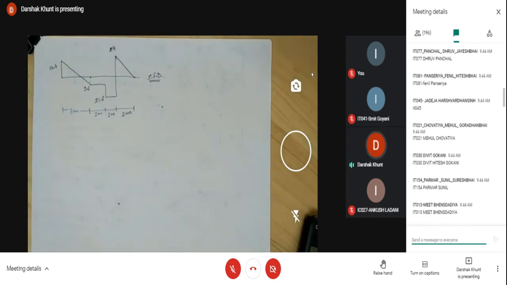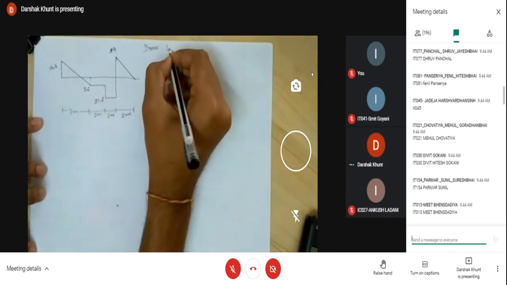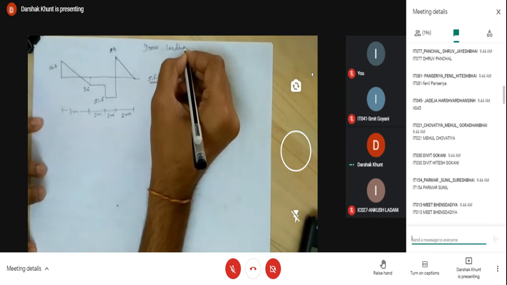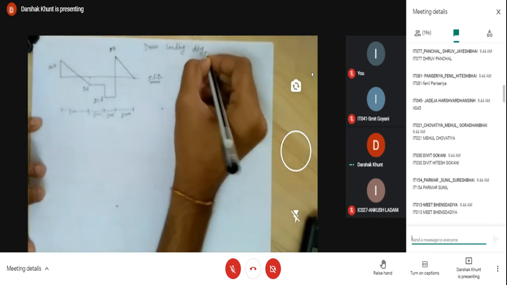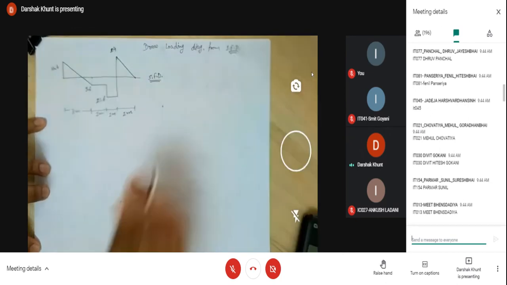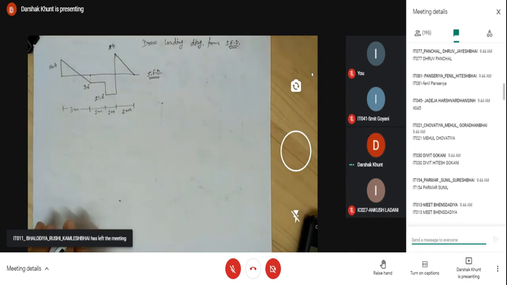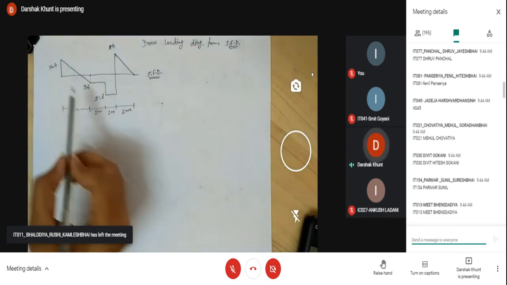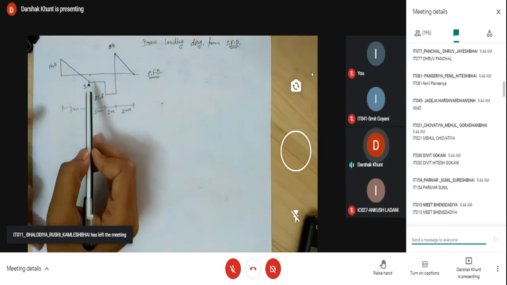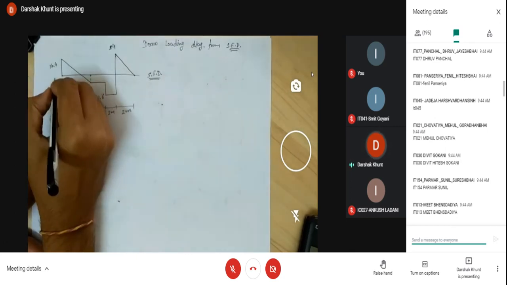You have to draw the loading diagram from shear force diagram. So you have to do the reverse process of the previous example. Okay. So first of all, you have to see this diagram, so you get the idea about the loading between the different points. Okay. You say that this is the point A,